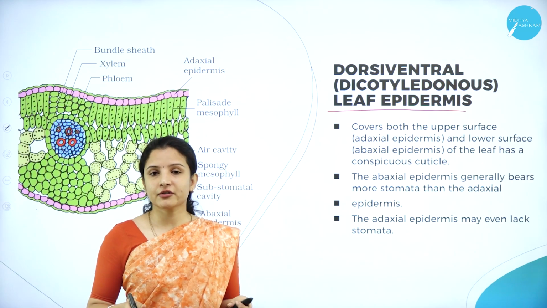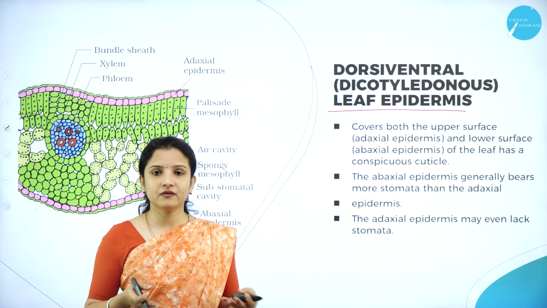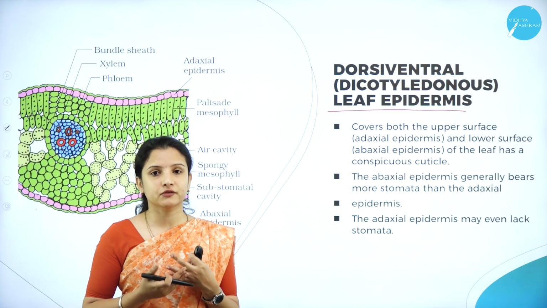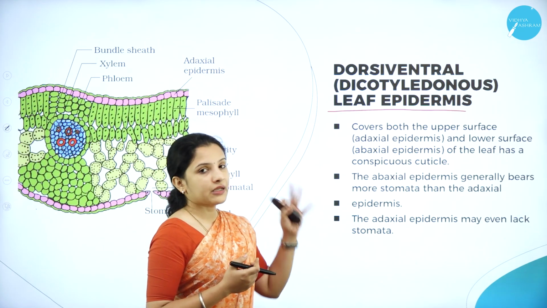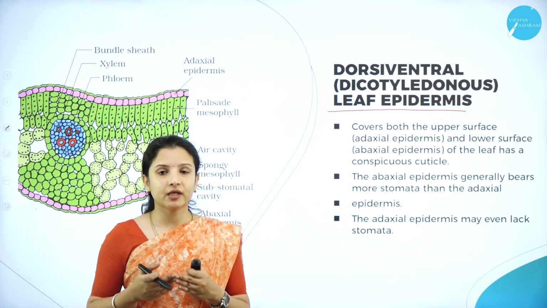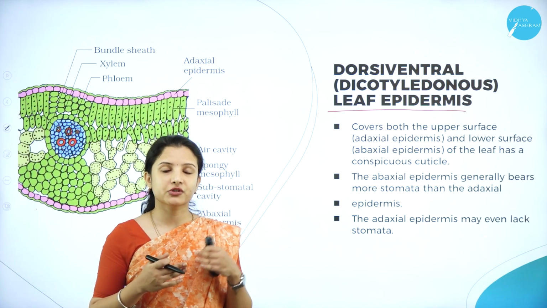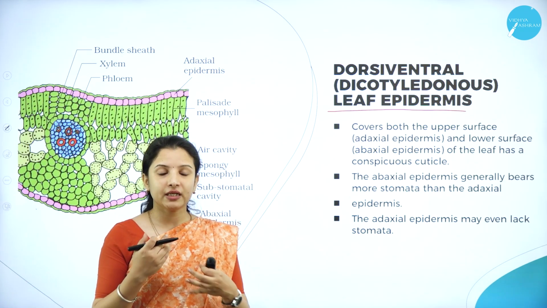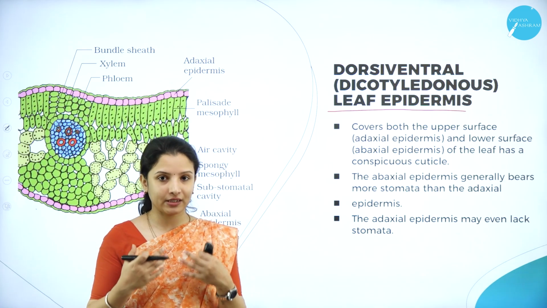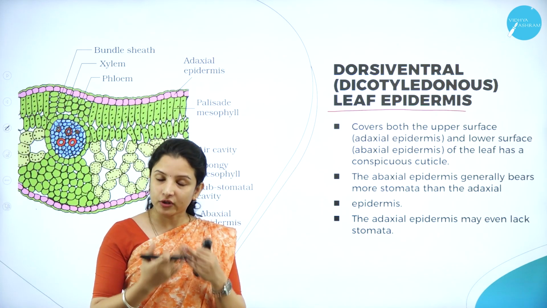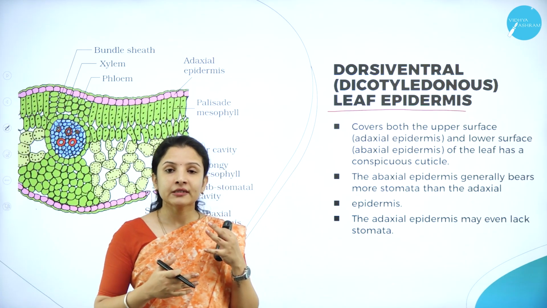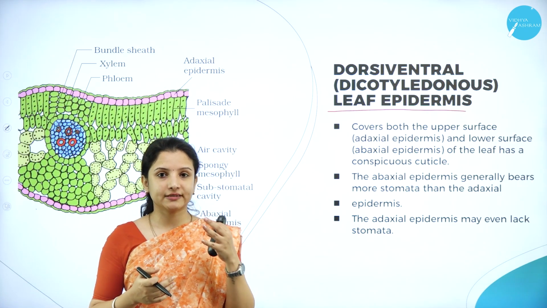Any part you take for that matter, be it the flower, the root, the stem, the leaves or whatever, in the case of a plant, the whole plant body is covered by a protective layer called the epidermis, which is common to almost all plants. Just like how we human beings have the whole body covered with a layer of skin, which is protective in function.